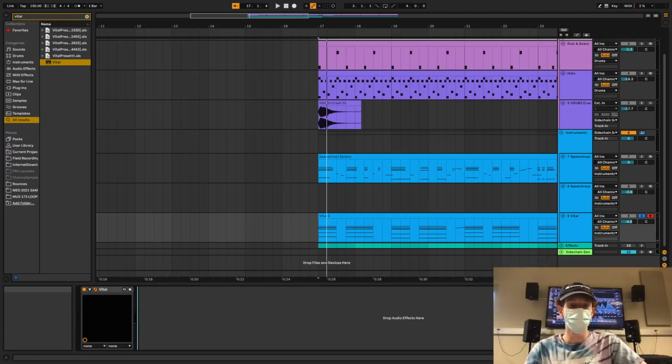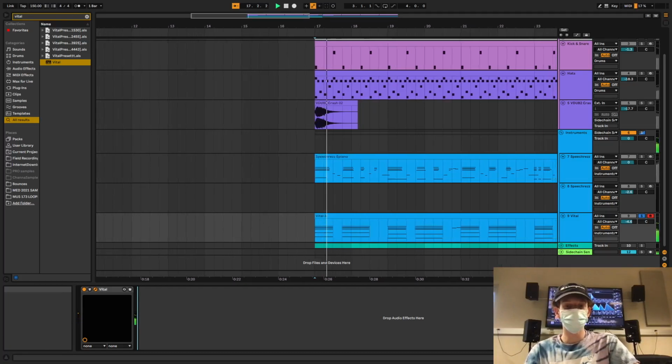So let me put it on something so you can actually see it move. As soon as I hit the beginning of a note, it starts at the beginning of the LFO, no matter which note or when I hit it. Always starts at the beginning. If I do sync, now it's in sync with the DAW's BPM. So for example, right now it's at 150. What that means is I can press a note and it will just keep looping,